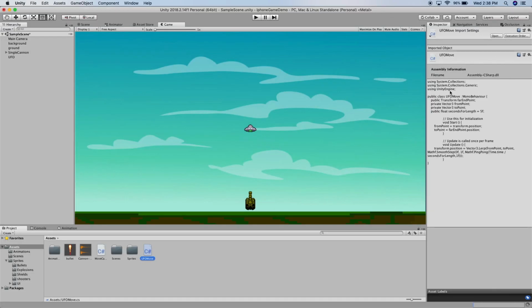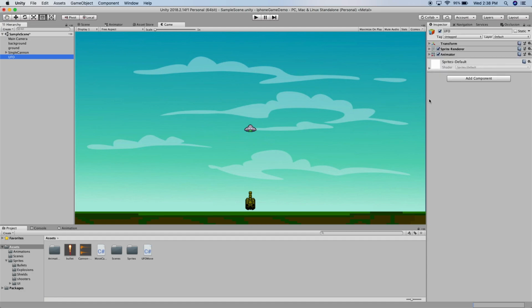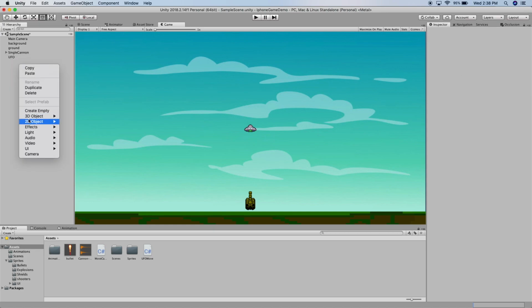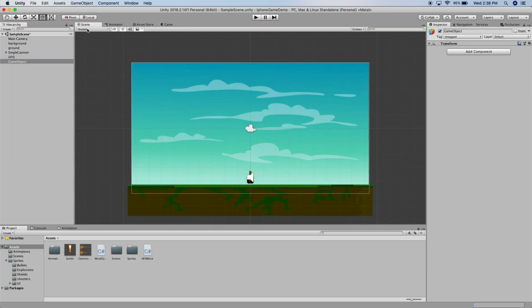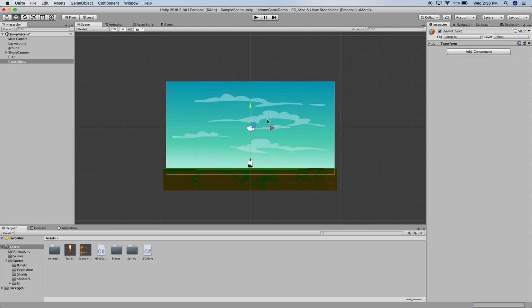So if we save it and we come back into Unity, we're going to first drag our script onto our UFO, so we're going to click UFO, move. And now you can see that we need to add the far endpoint. So I'm going to right click and create empty. And I'm coming into the scene view here, and I'm just going to drag